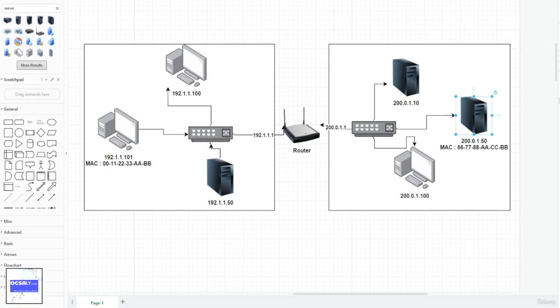So then the network stack needs to send an Ethernet frame, but because the destination IP address doesn't exist